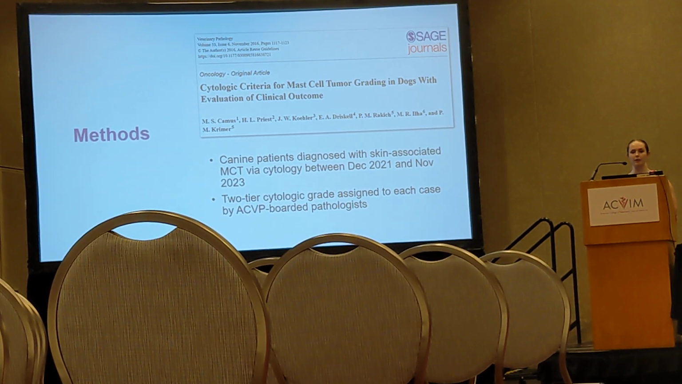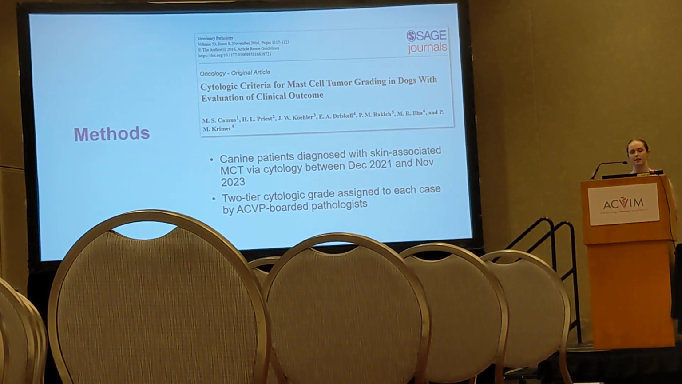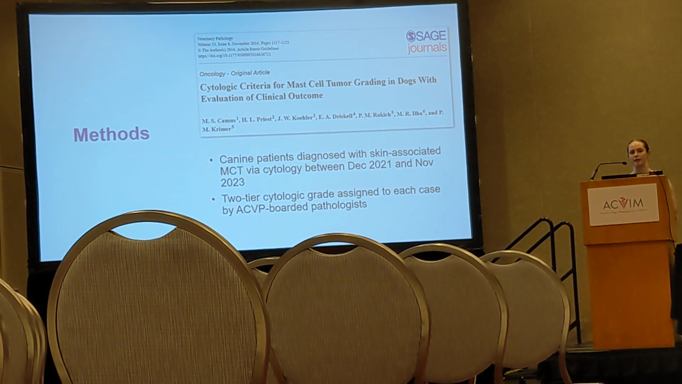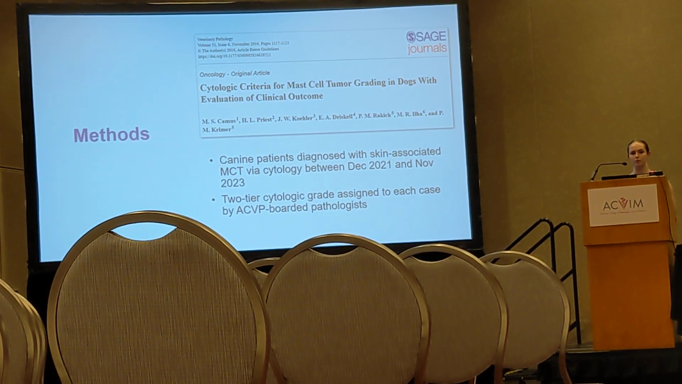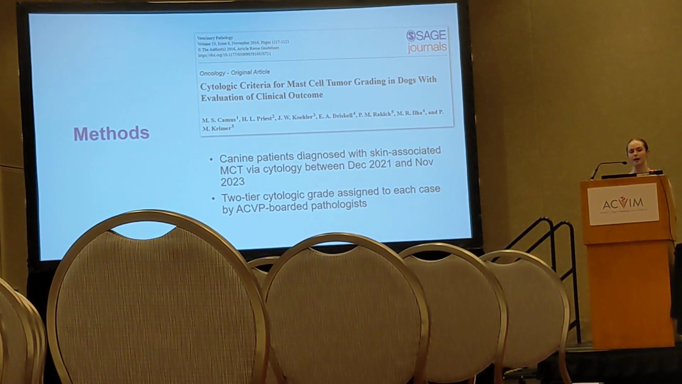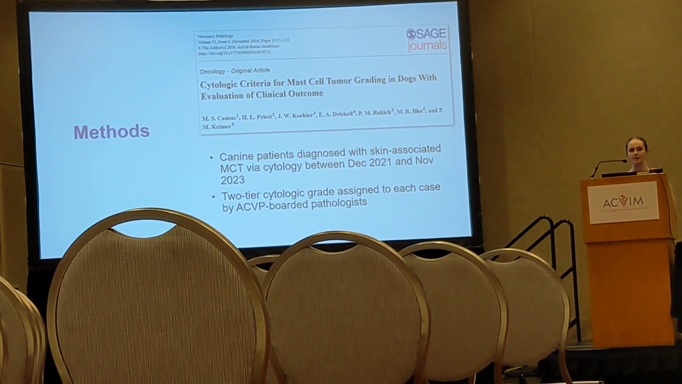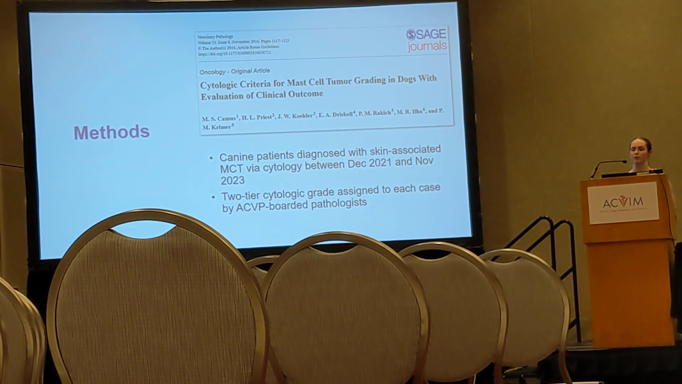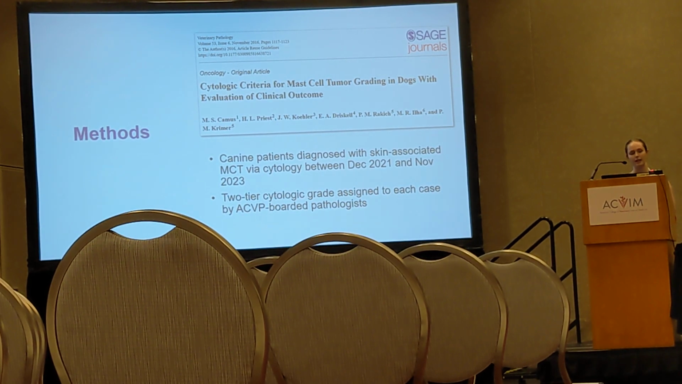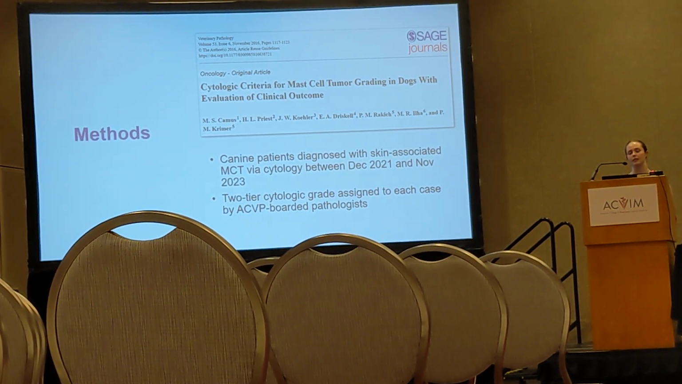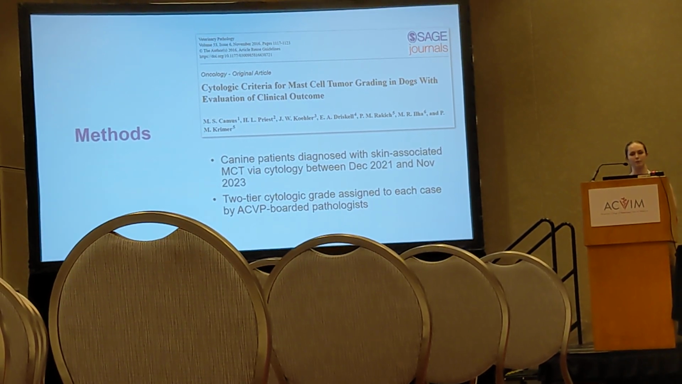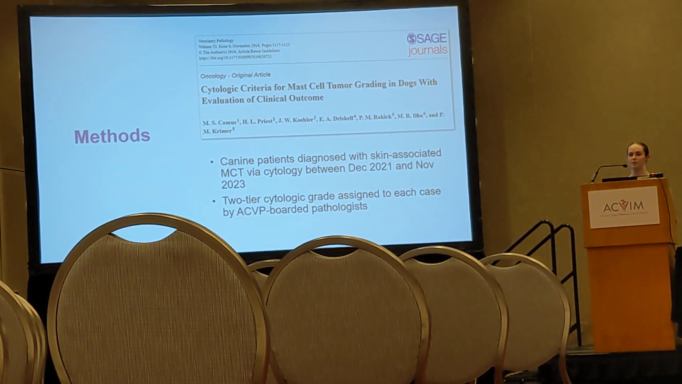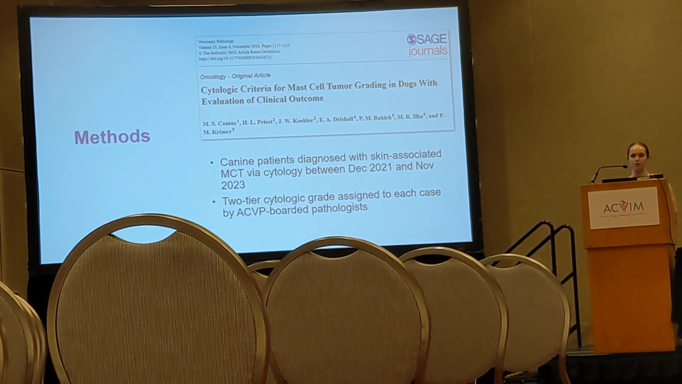Now, in order to evaluate the ALP and tryptase labeling and the differences among those with cytologic grade, we need to assign a grade to these 38 cases. And this was done by 2 ACVIM boarded pathologists at Colorado State. The grade was assigned independently for all 38 cases, and then any discordant cases were reviewed by both pathologists, and a consensus was made, and Cohen's kappa coefficient was used to